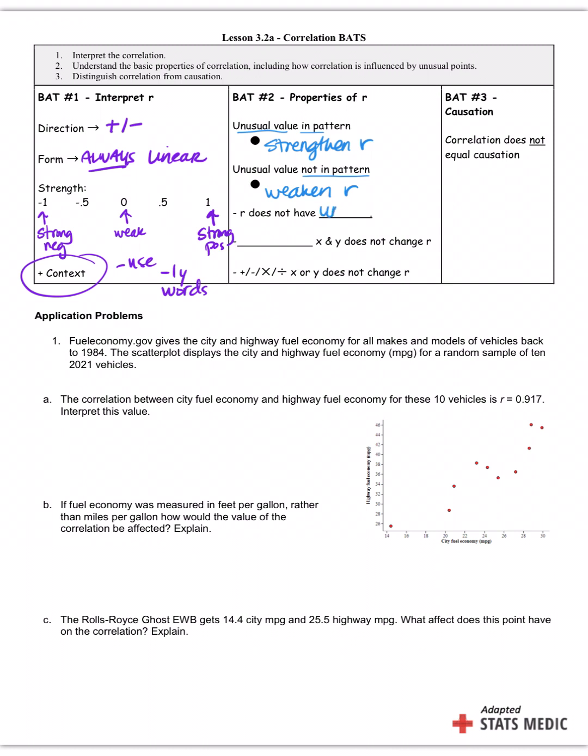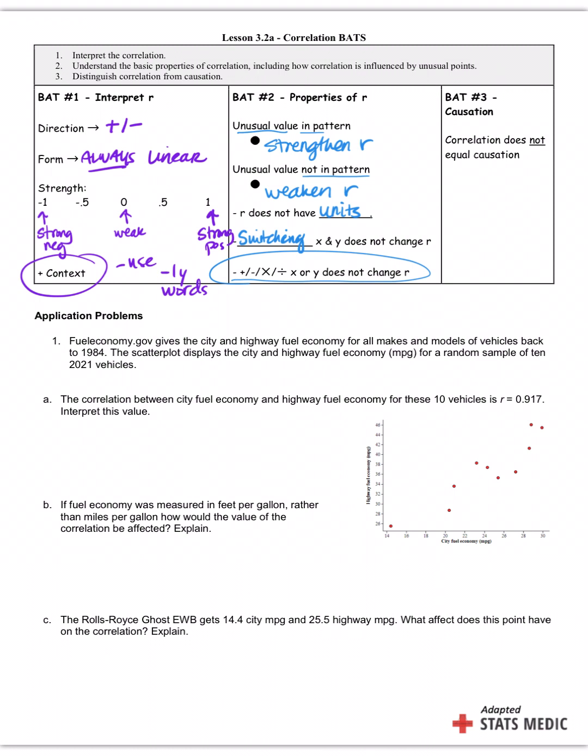R does not have units. So if you ever see an R value reported to you with centimeters per rubber band, it's wrong. No units, okay? And if you accidentally confused your X and your Y values, like if you got your explanatory and response variables messed up in L1 and L2, the R would not change. It doesn't change. The way the equation works out, it's going to be okay. Nice little feature, all right? And this is what we were just saying. If we just divide by something or multiply by something on one, it doesn't change your R.